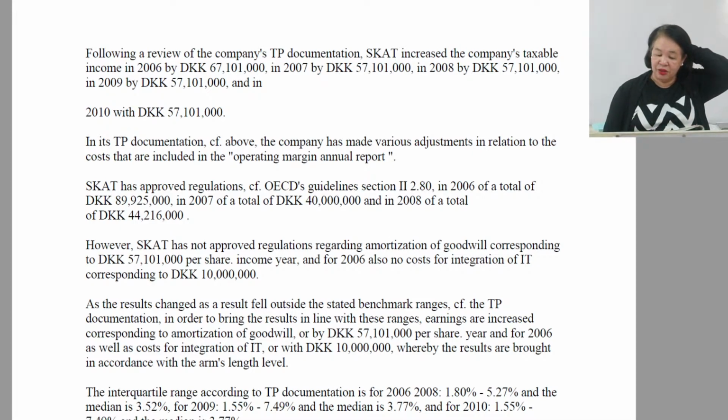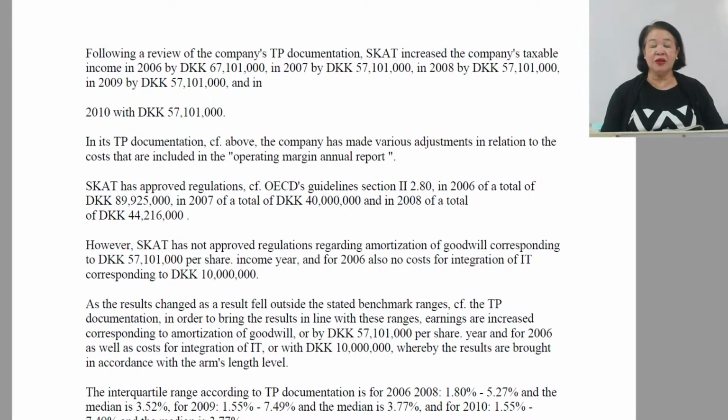Imagine, the integration of IT is 10 million because IT is really used in their sales and marketing. And considering that they have generated 4 billion in sales. However, Scott has not approved regulations regarding amortization of goodwill corresponding to